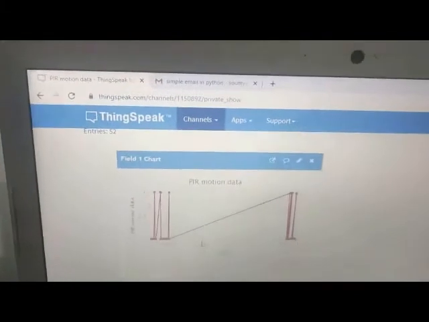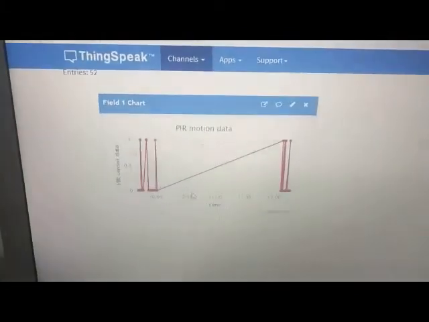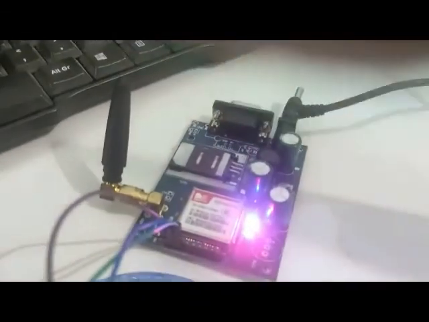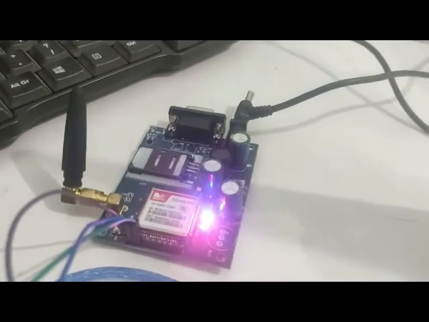Summarizing our project, we did three things. First of all, with the help of Arduino, we are able to upload the code, and we can sense the data through the PIR sensor and send the alert message through this GSM module, which is used for cellular communication.